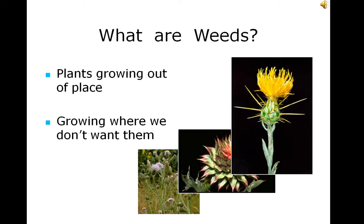As mentioned earlier, a weed is a plant growing where we don't want it to grow. One of the things we wrestle with when trying to educate the public about controlling noxious weeds is that many are attractive plants. In addition to this, they are also attractive to pollinators as a source of nectar. Yellow star thistle, the picture on the top right, has an attractive yellow flower but produces thick stands and a